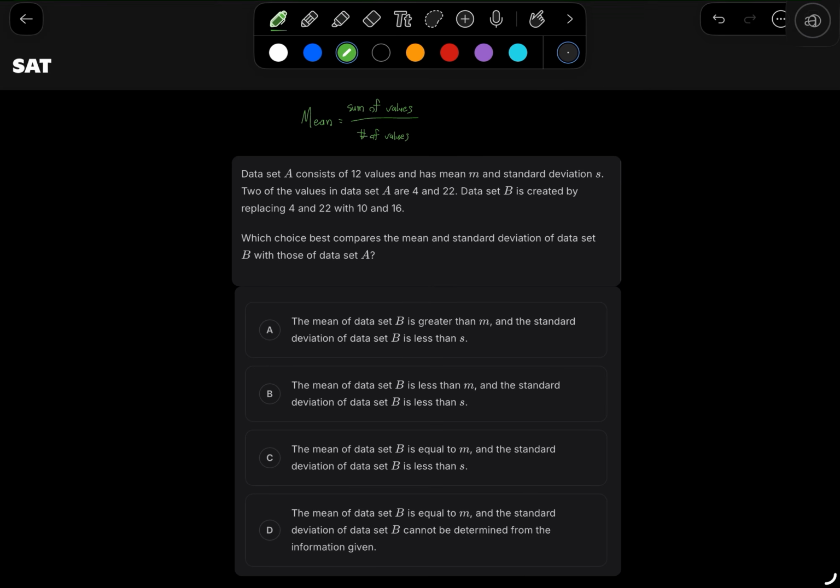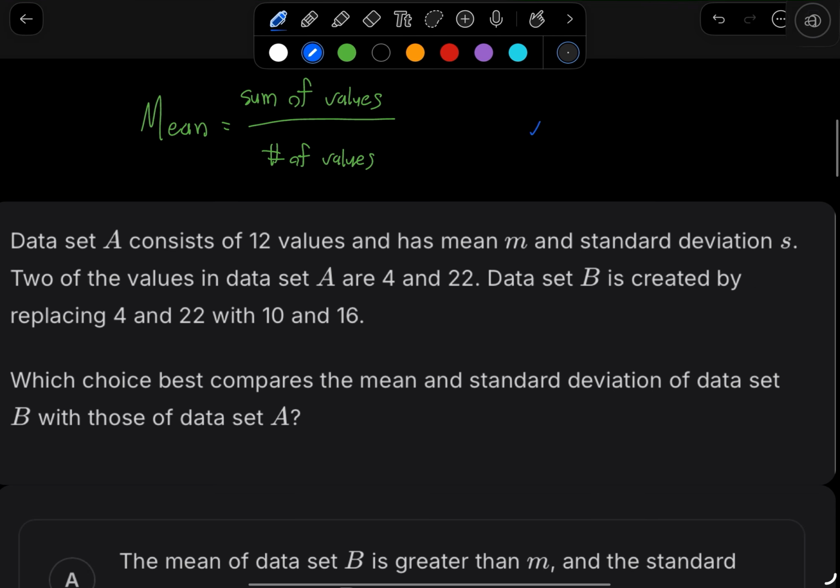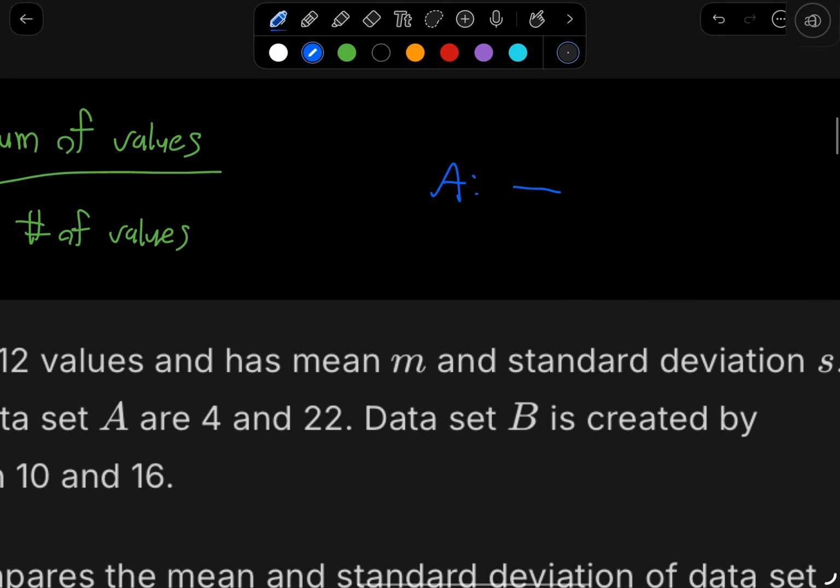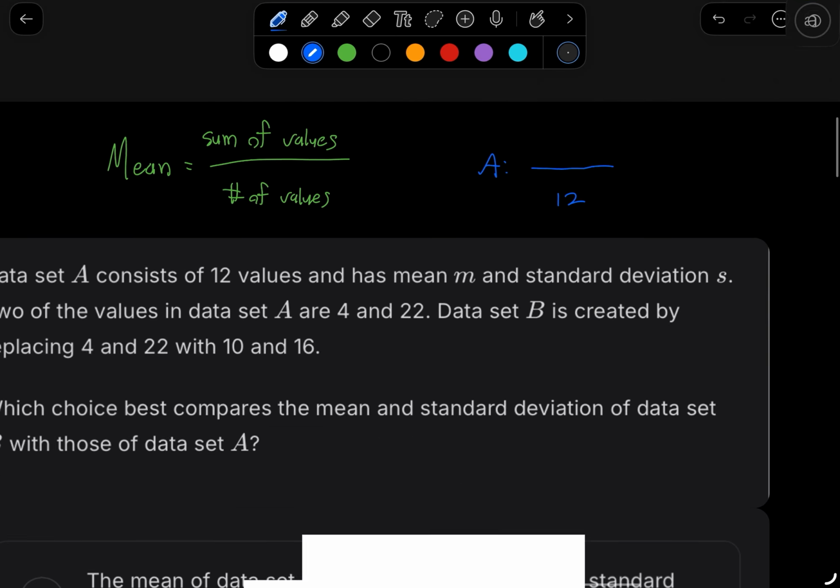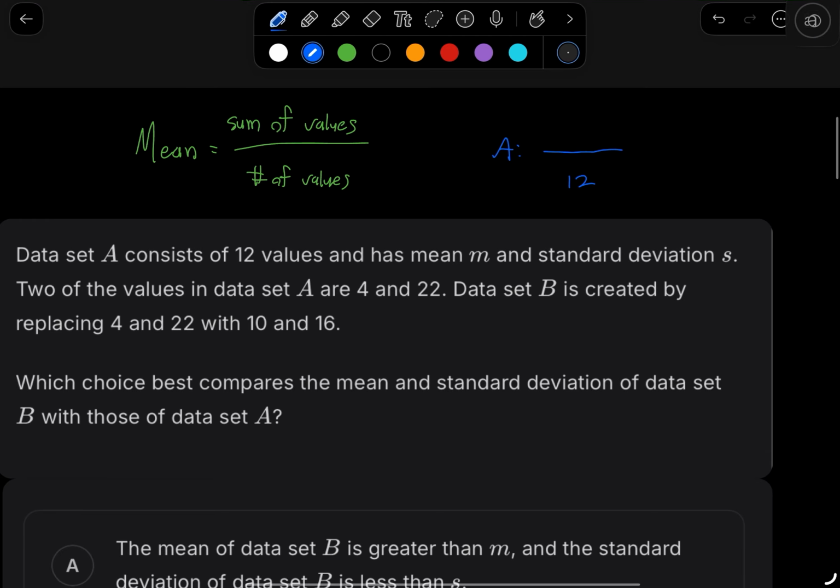So in this case, let's look at set A first. Data set A consists of 12 values, so on the bottom here, the number of values is 12. We also know that two of the values are 4 and 22. Well, how do you find the sum of the values? We only know 4 and 22. What about the other 10 values in the data set? Well, you can't find the sum exactly with those because we don't know what those 10 values are,